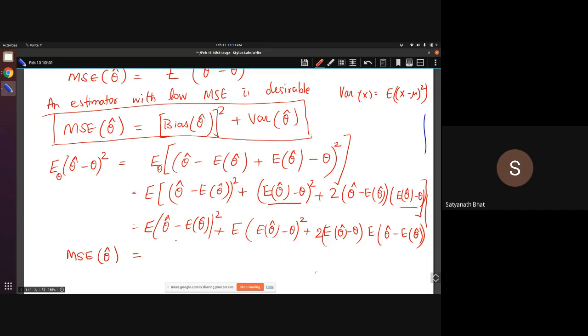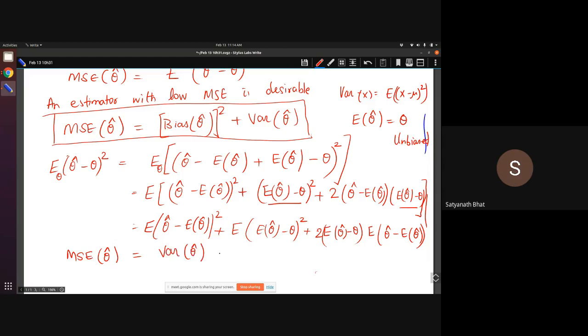So basically, when you have these kind of things, this is a number, this is a number. So this essentially, if you see, this is nothing but the bias. Okay, this is called as the bias. So expected value of theta hat, if it is equal to theta, this is called unbiased. If it is not equal to theta, then this difference is called as the bias of the estimator. So this first term, it resembles this. Okay, so this is the variance of the estimator.